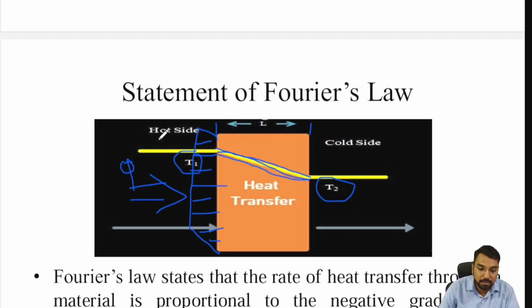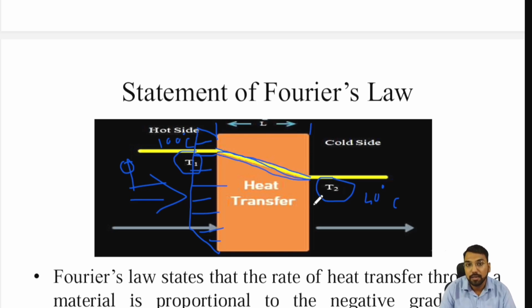Let's say this temperature is 100 degrees Celsius and this temperature is 40 degrees Celsius. So 40 minus 100 is obviously minus 60. And if we think in that direction, our temperature gradient value becomes negative. So without the negative sign, you would incorrectly get a negative heat flux, suggesting that the heat is flowing from the cold side